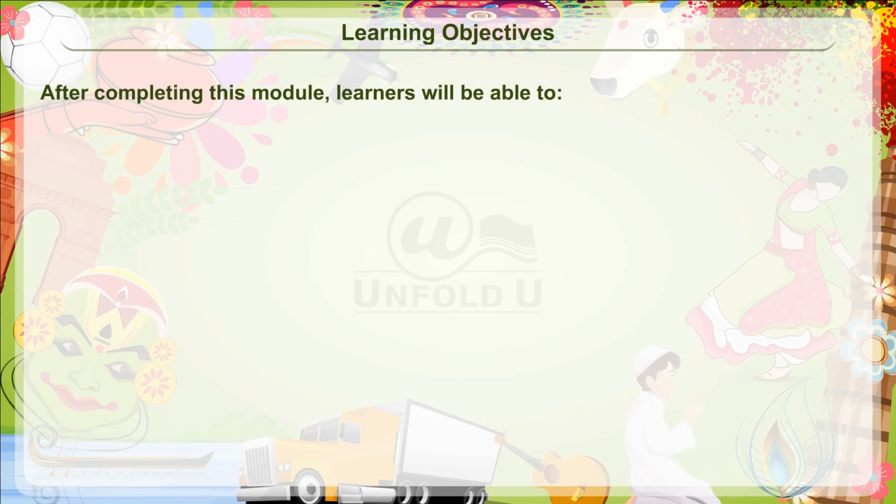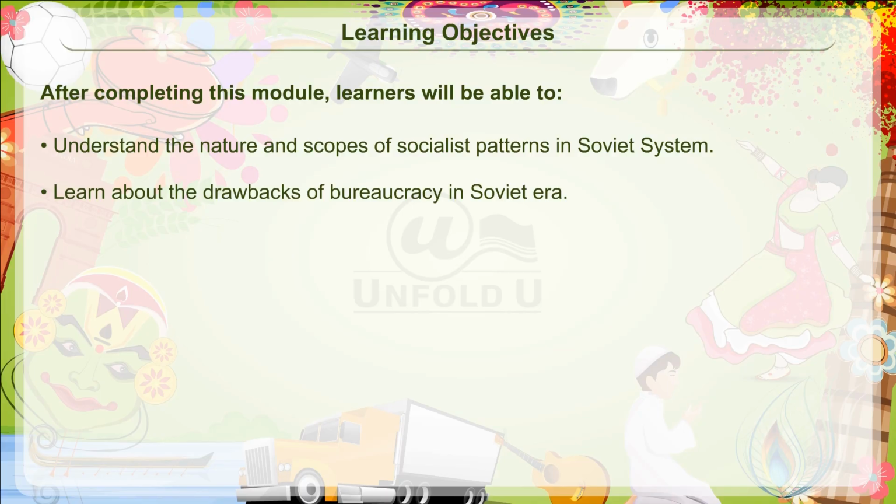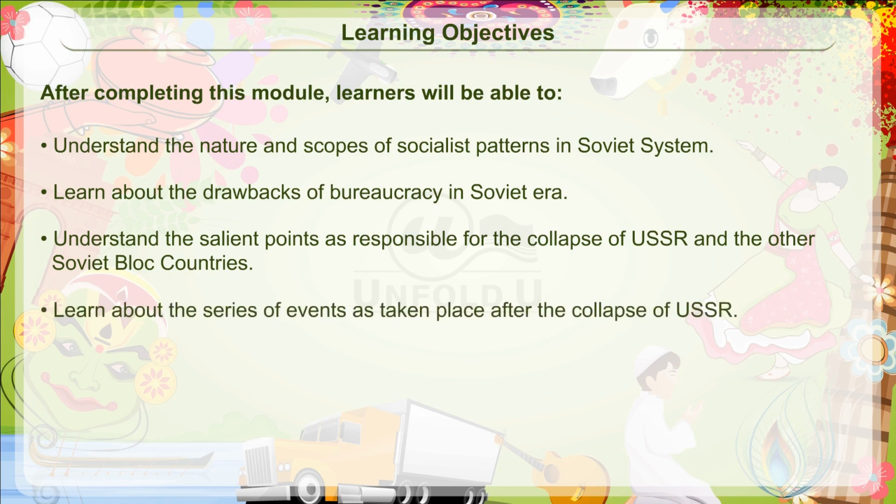Learning objectives. After completing this module, learners will be able to understand the nature and scopes of socialist patterns in the Soviet system, learn about the drawbacks of bureaucracy in the Soviet era, understand the salient points responsible for the collapse of the USSR and the other Soviet bloc countries, learn about the series of events that took place after the collapse of the USSR,